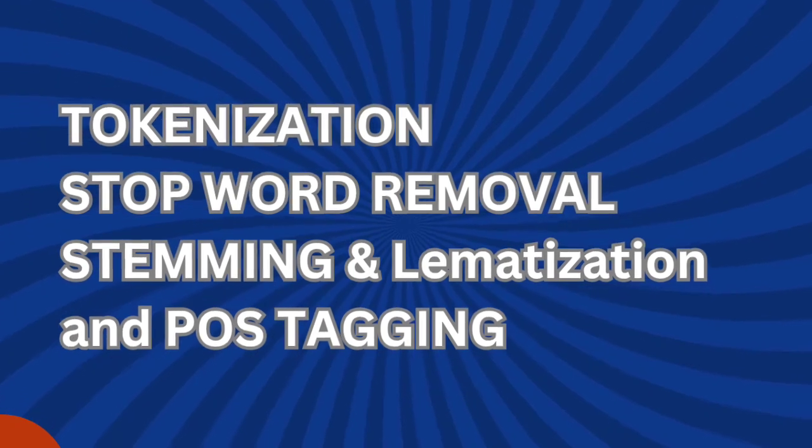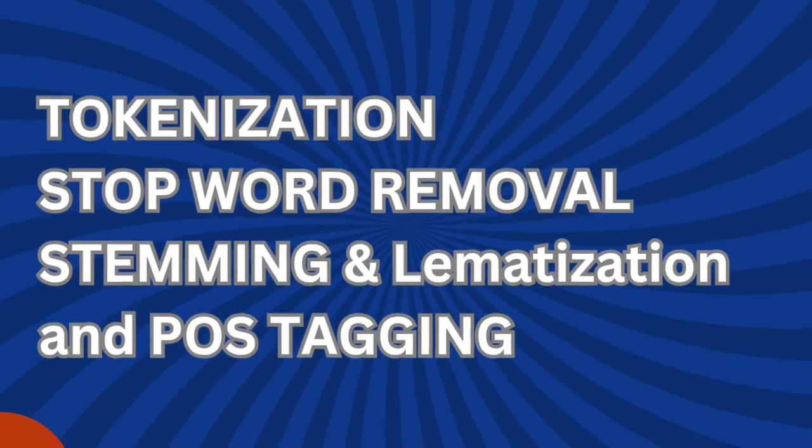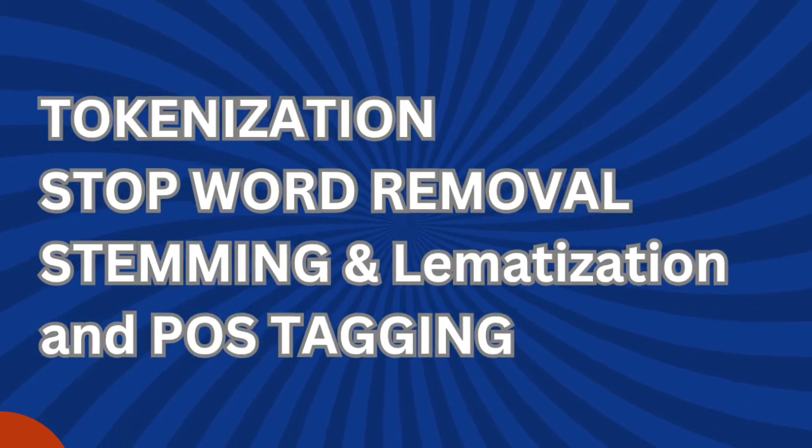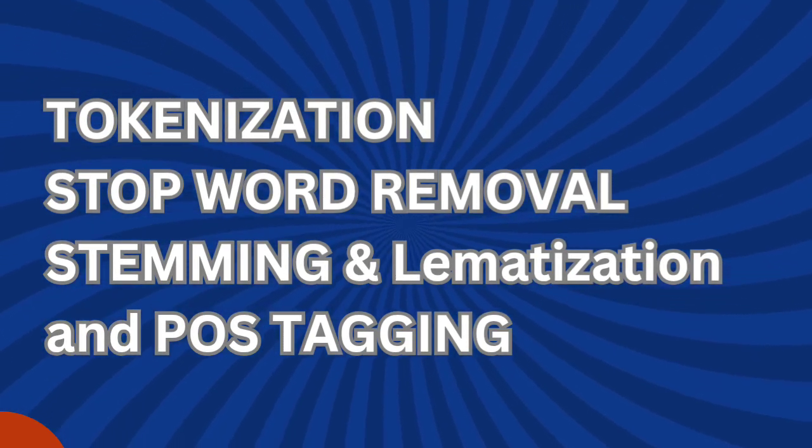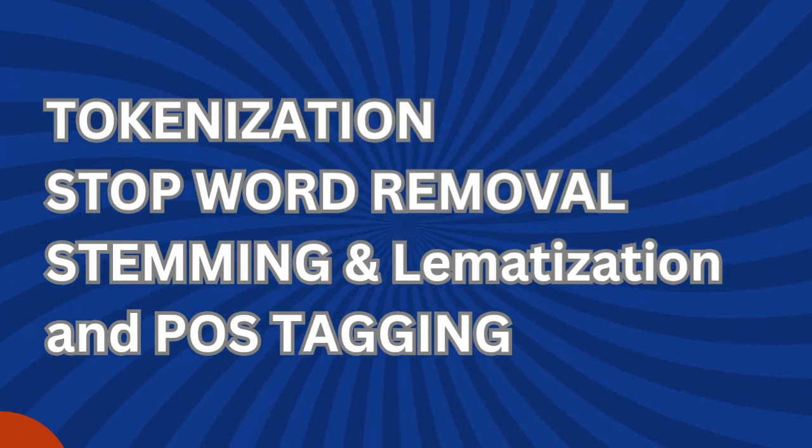Understanding text processing in NLP. Before machines can understand text, they need to process it. This involves tokenization, stop word removal, stemming, lemmatization, and POS tagging. Understanding